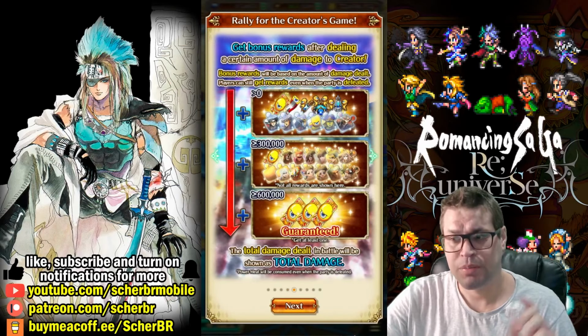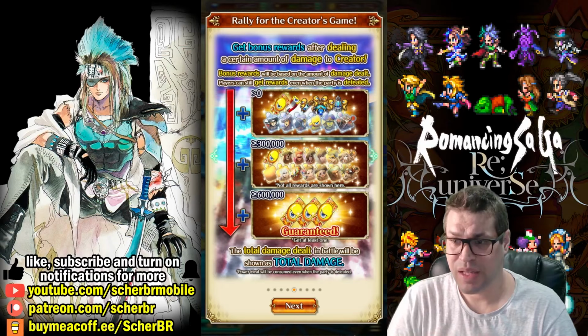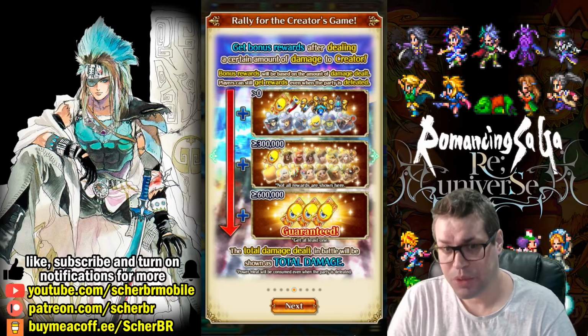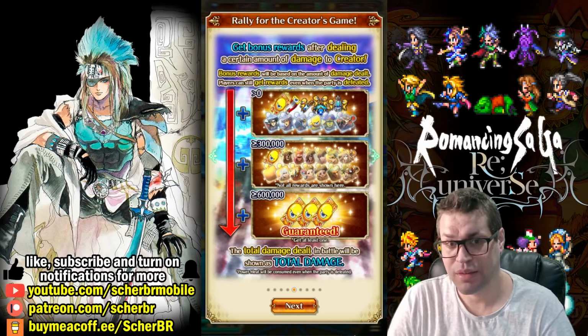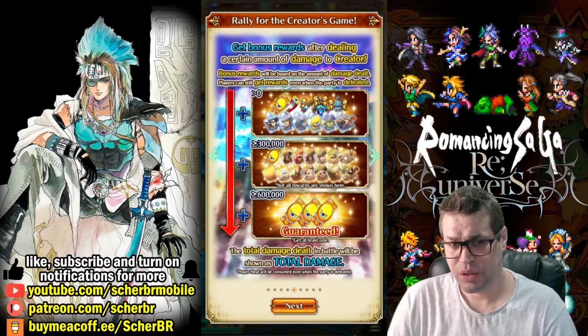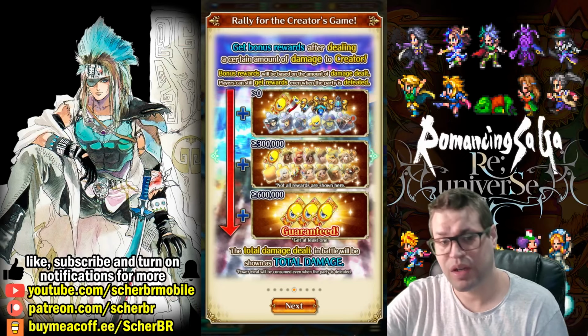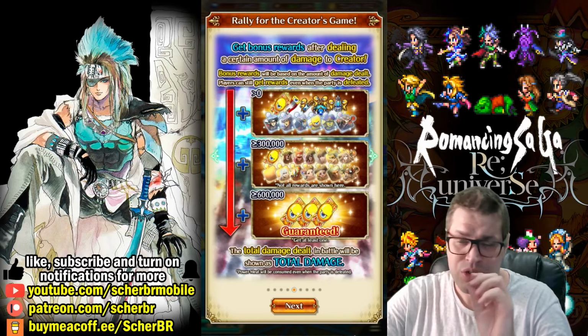You get some rewards by dealing damage. The best rewards start at 600,000 and beyond. You don't need much more than that, but you need to hit at least 600,000 to get the best rewards. Those include some platinum tickets. By 300,000 you also get gold pieces and everything, but the best rewards are at 600,000 and that should be